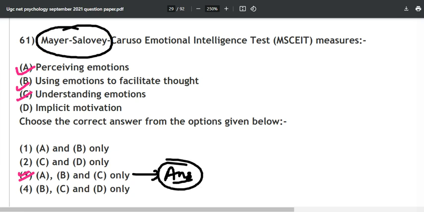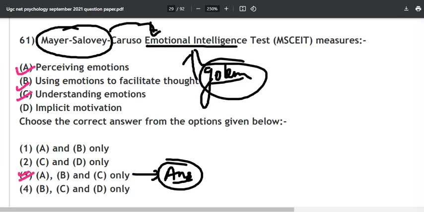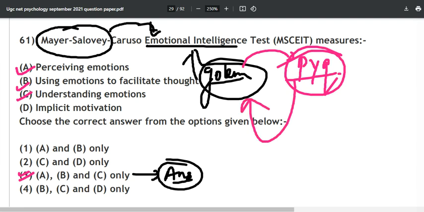Now, Mayer and Salovey first proposed emotional intelligence. Later, it was made famous by Goleman, and his book is also called Emotional Intelligence. Recently they have asked about Goleman, so PYQs do repeat. You will find Goleman in any book as well, and what he talked about regarding emotional intelligence.